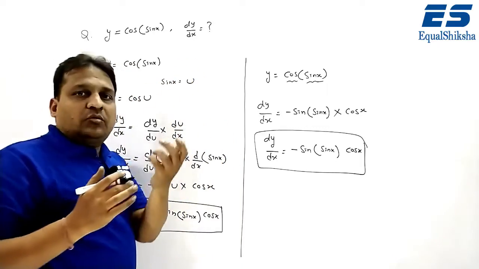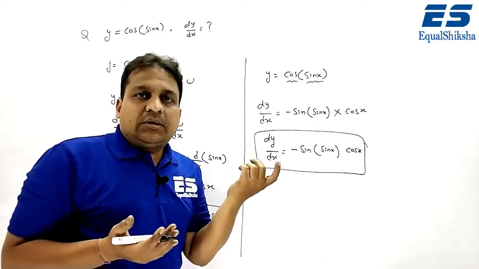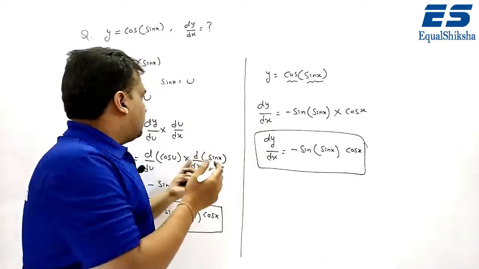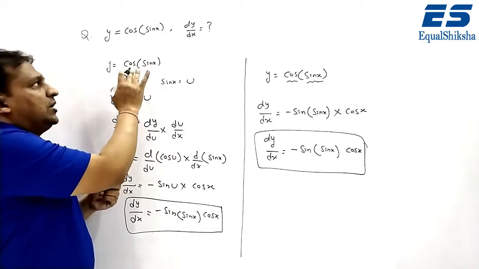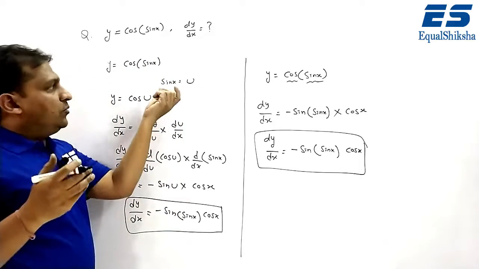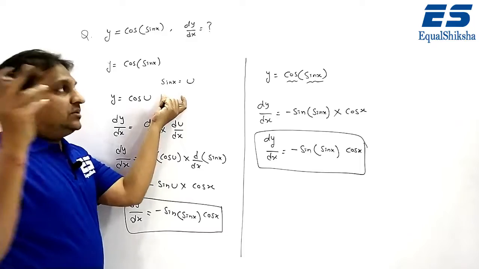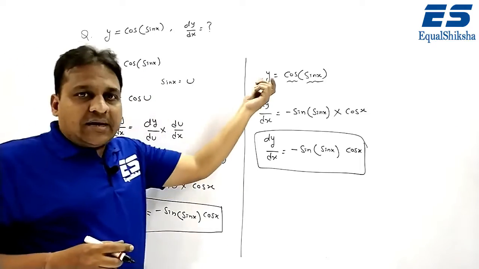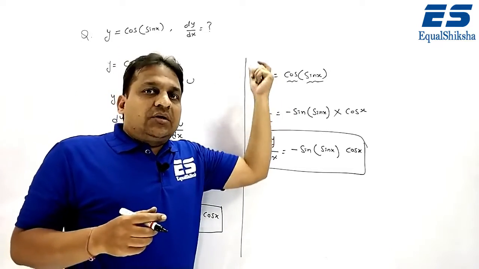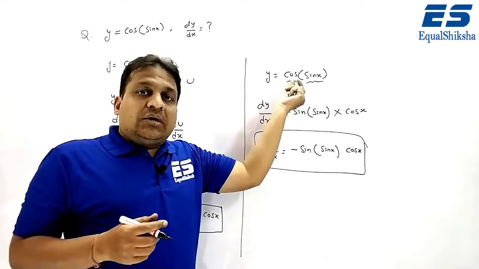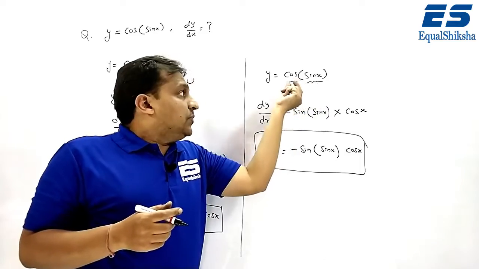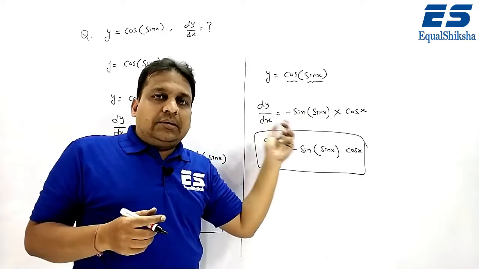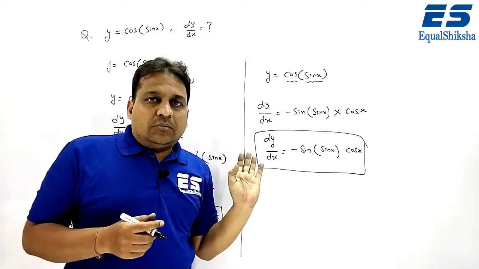So a question of function of function can be solved by two methods. It can be solved by chain rule or by direct method. For chain rule, you have to suppose the large function. There will be 2, 3 or 4 functions. Then we start with the large function. Large function we will suppose u, then we will solve. In direct method, we start with the first function. Here the first function is cos and the second function is sin x. So we have to start with cos, then differentiate sin x. Is it clear? Okay, note down.